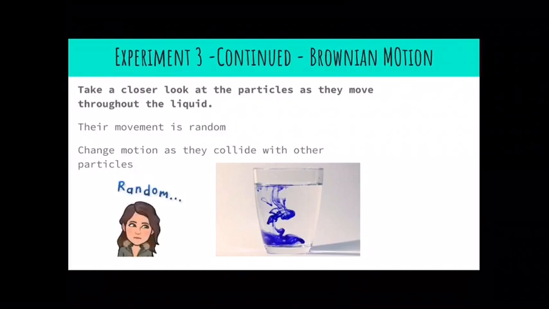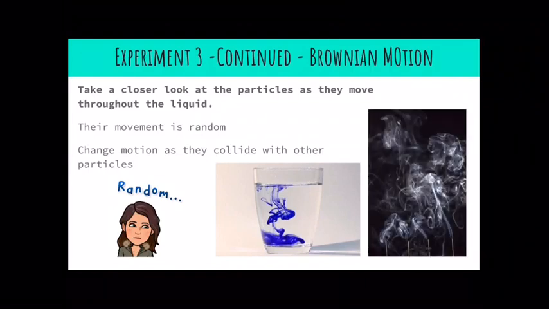So this was explained by a guy with a surname of Brown, and he therefore called this type of motion Brownian motion. So please note that when we're talking about the motion of liquid particles, as well as gas particles, because you can see the same thing in smoke, we say that they move according to Brownian motion, which means randomly. Okay, so we're going to now look at the same experiment again, but now with less potassium permanganate, and we'll see that effect of the Brownian motion.